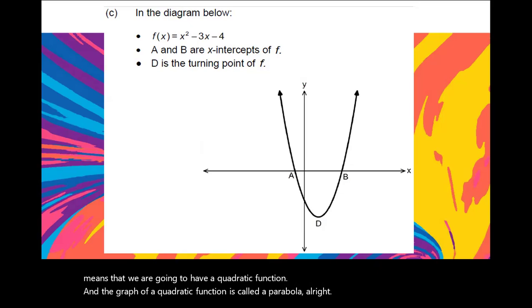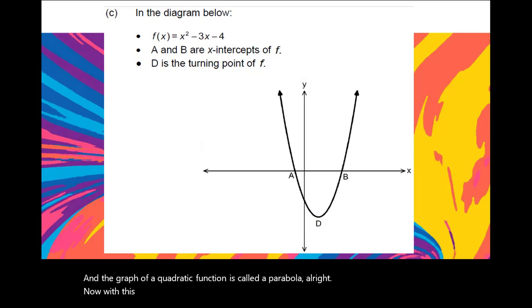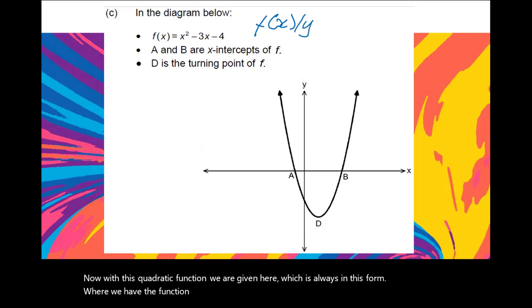Now, with this quadratic function we are given here, which is always in this form, where we have the function of x, which can also be y, is equal to ax squared plus bx plus